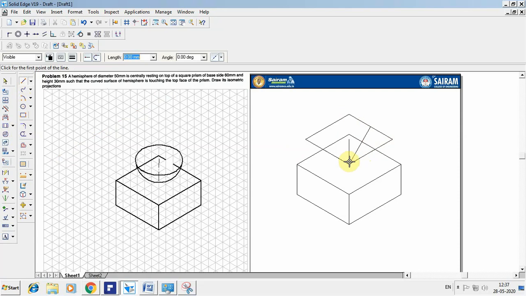So I'm going to draw the center point again from here to the center point, from here to the center point of this, again from here to the center point of this. Go for arc by center point, select the arc, this. Similarly from here you can select, go for intersection point and draw that. Again from the intersection point you can create the arc.